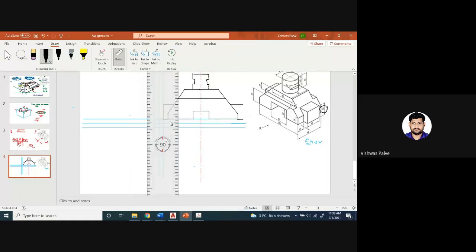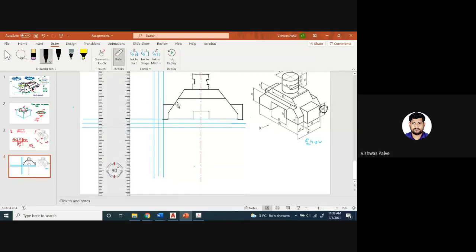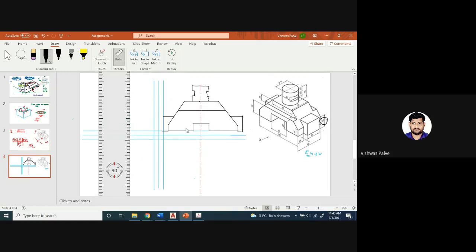Here also you can easily connect these 2 points. Okay, so here we have completed our front view. So can everyone start drawing and complete this? I will give you 5 minutes. 5 to 10 minutes you can take, and you can try to complete the front view.